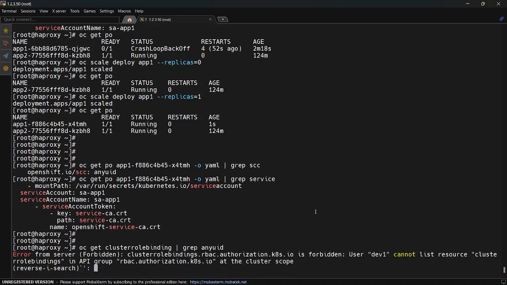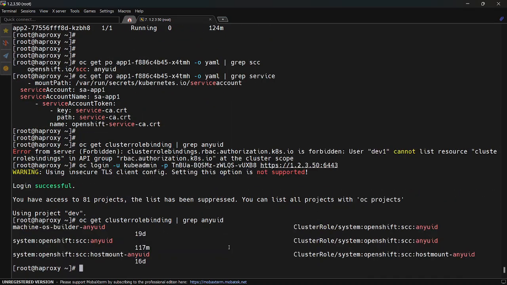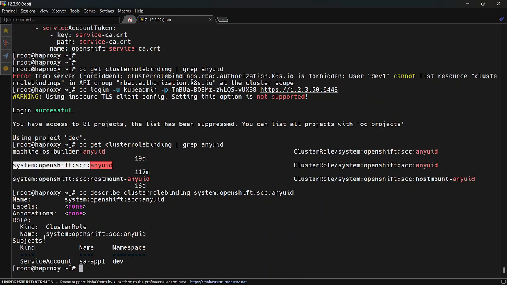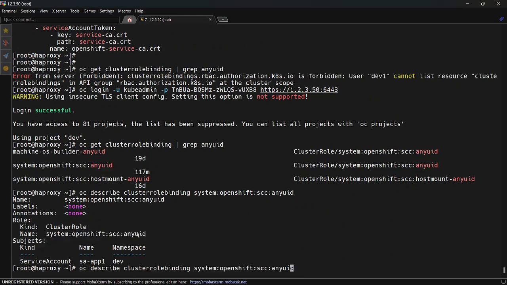Sorry, I'm not the cube admin user, so I have to log in with the cube admin user. This service account: describe cluster role binding, this one, and it is pointing to this cluster role. And if I do a describe cluster role,